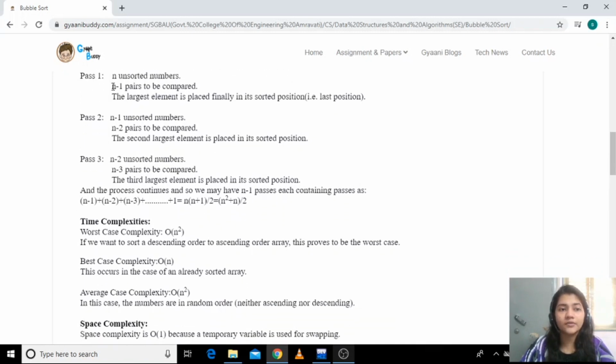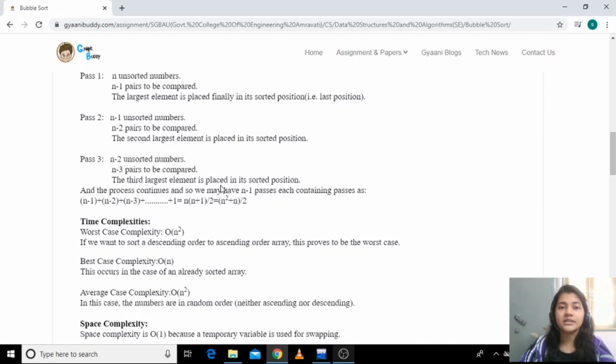This continues, and from pass 1 to pass n minus 1 we have n minus 1 passes. See, we have n minus 1 passes for sorting, and each pass has its own number of comparisons. So in pass 1 we have n minus 1 comparisons. The first element gets sorted, that is at the last position. Then in pass 2 we need n minus 2 comparisons, and then n minus 3 comparisons, and so on.